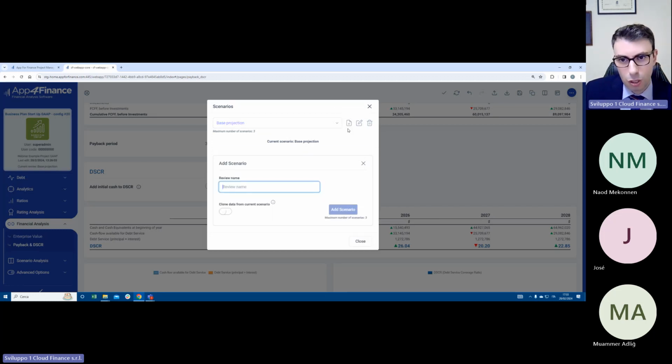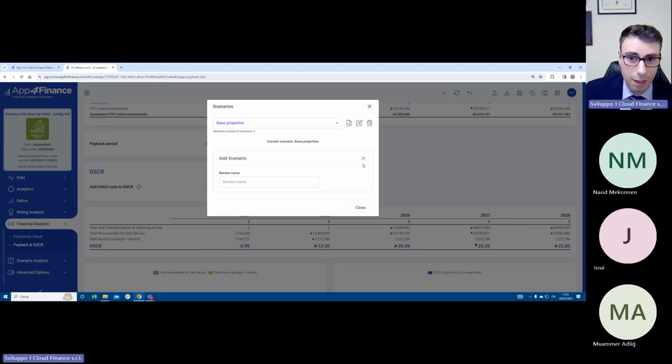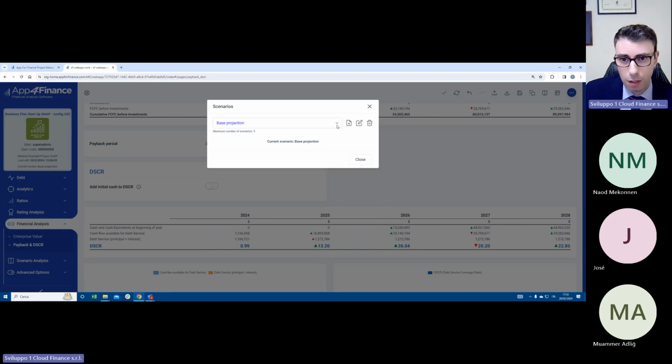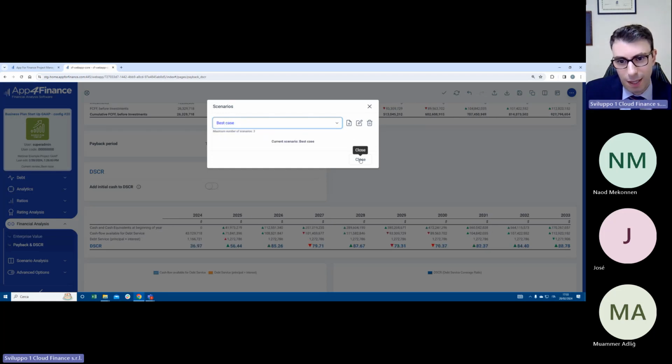You do this just by clicking this icon right here, giving a name to the scenario, and deciding whether or not to copy the data of the current version to the new one. I did just that before this presentation, and I created a couple of alternative situations that I call best case and worst case. If I click on best case,